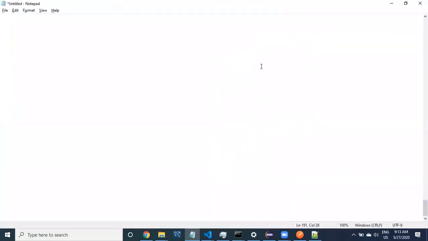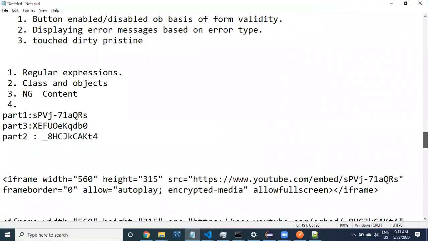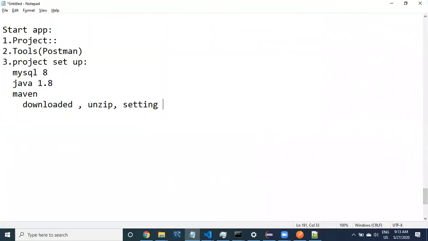Now, the next step is setting environment variable. Setting environment variable and Java home. We need to do two steps now.